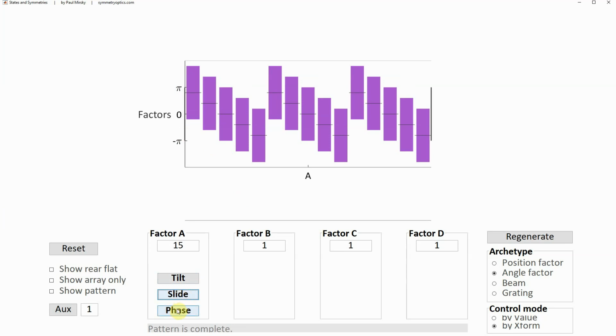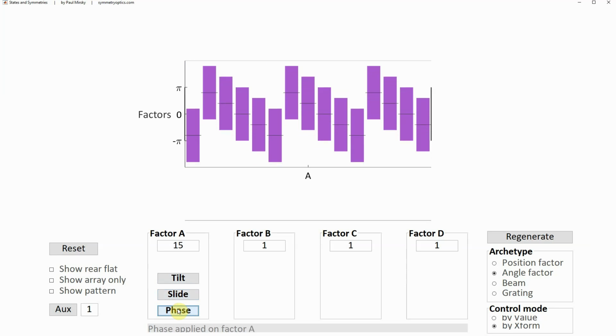And we find that by clicking phase 1, 2, 3 times, we arrive at the same state as when we clicked slide once. Each phase click is a factor of u, so the net effect is u to the third, which is the eigenvalue. In other words, slide is equivalent to 3 phase shifts for this angle state. You can easily generalize this to all the other states and their values.